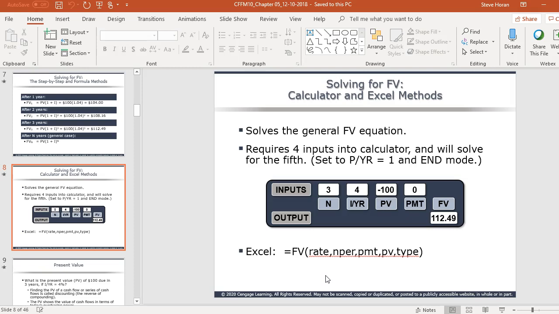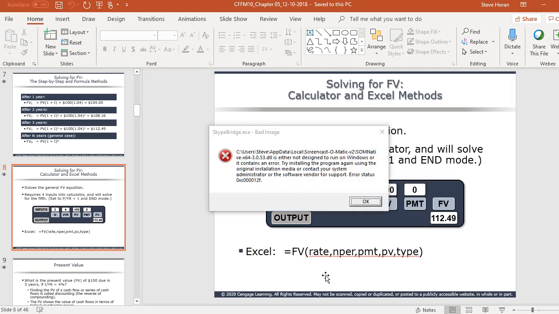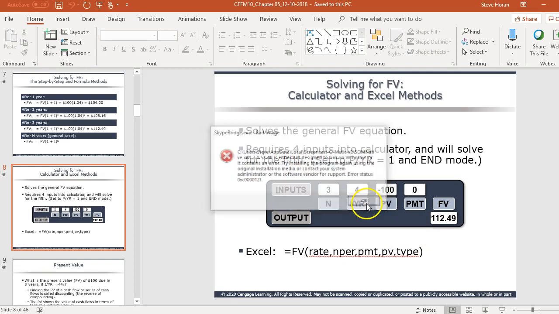The nice thing about Excel is, you can show your inputs, you can show the output, you can save it, you can save the number, you can save the file, give that to somebody else. So the inputs are the same if you use Excel or if you use a financial calculator. And you can see here,